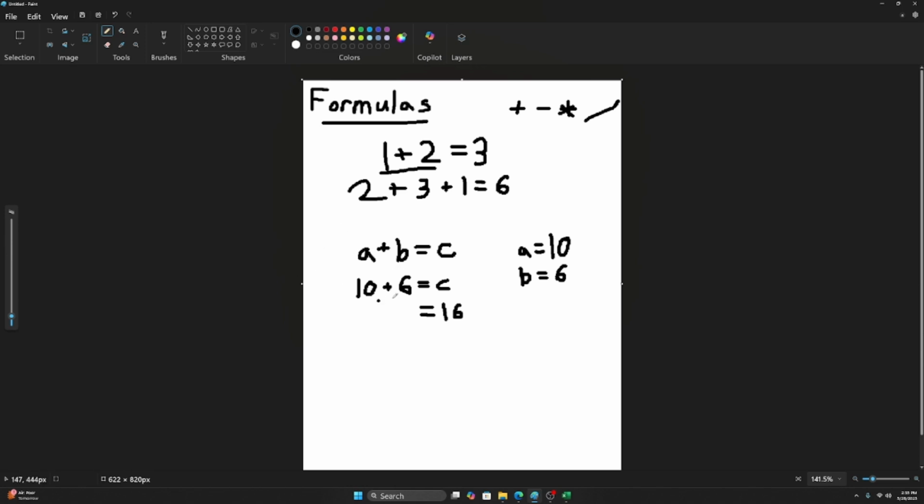We have a bunch of values that we're doing calculations with, and it'll spit out something. The idea of variables and placeholders come into play with our cells. Okay, so let me go